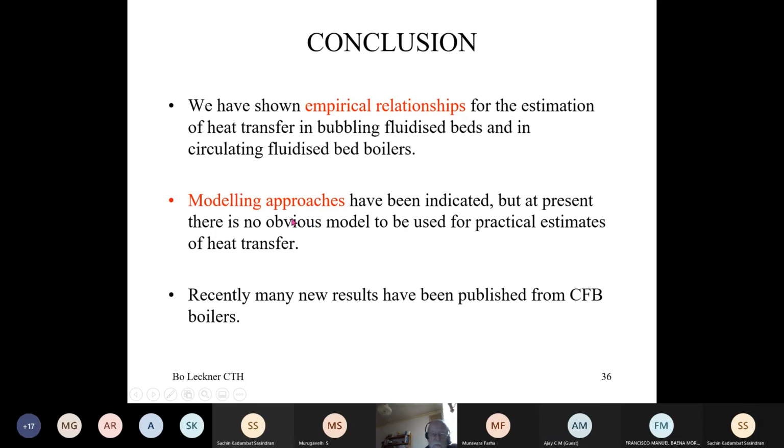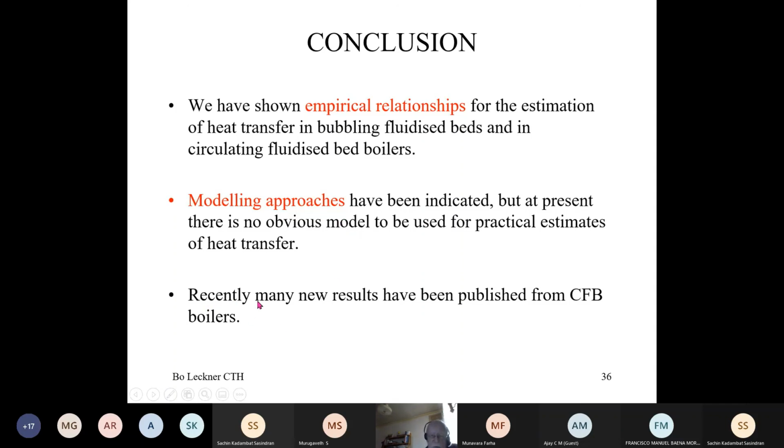And then I have indicated some modeling approaches, but these are mostly helpful to explain what happens. The packet idea and the density of the packets and the residence times and so on. It's just giving you a qualitative idea of what happens. It is difficult to use such correlations for very refined calculations. So